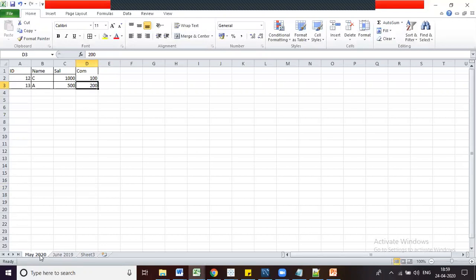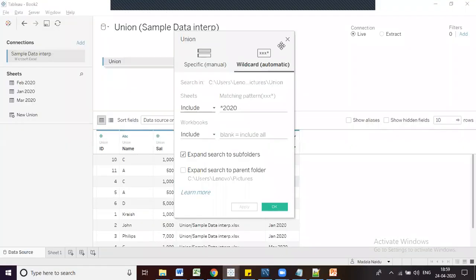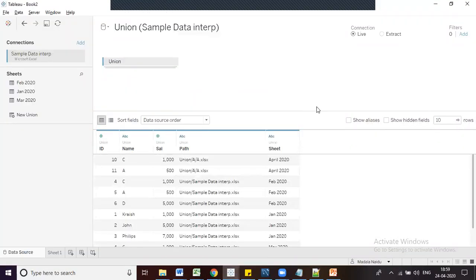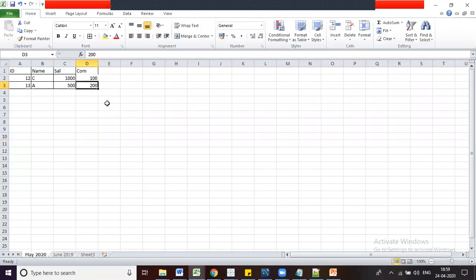Now, people might have some doubts about what will happen if you have extra columns. As of now, in the files we have connected to the union, only 3 columns were there. Now in book 5 I have added one extra column called commission.